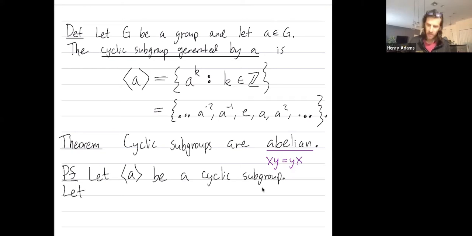So to show abelian, we need to choose two arbitrary elements, x and y, and show that they commute, that x times y is equal to y times x. Don't call your elements x and y. We have better names for an arbitrary element of the cyclic subgroup generated by a. Call your elements a to the kth power or a to the mth power, where k and m are integers. So let a to the k and a to the m